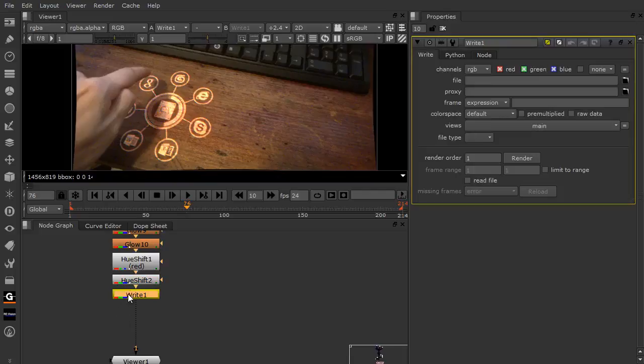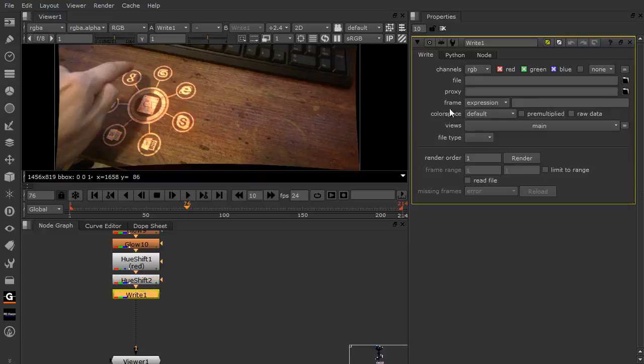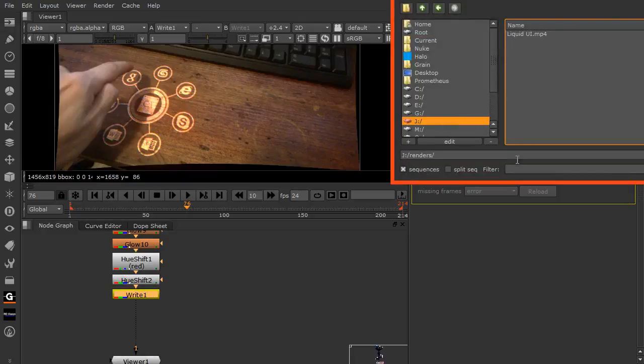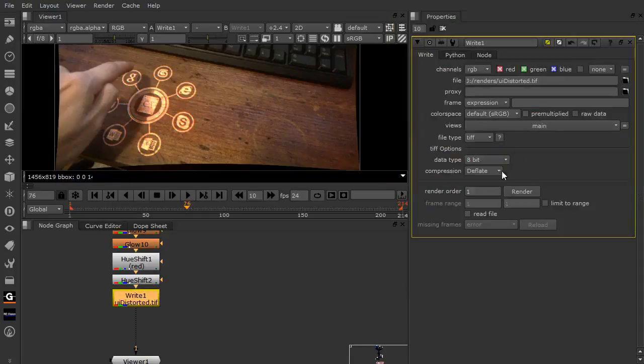Otherwise, you can reintroduce the lens distortion using just this here, but if you want to exactly reintroduce the lens distortion that we initially took out, you'll need to use the PFTrack settings. So let's write this out. We have an 8-bit image, and we'll put this in the renders. So we'll call this our UI distorted dot TIFF, and this will be an 8-bit LZW,